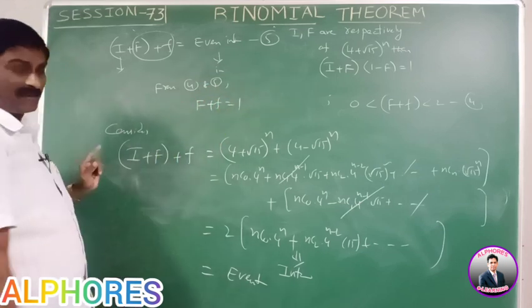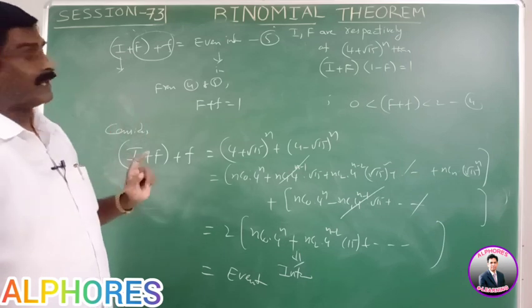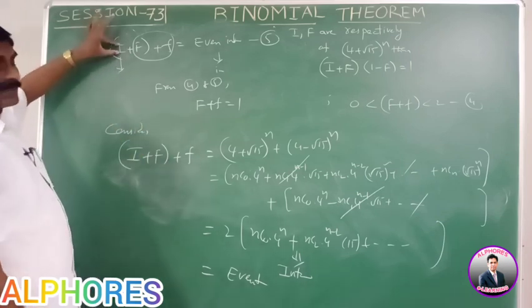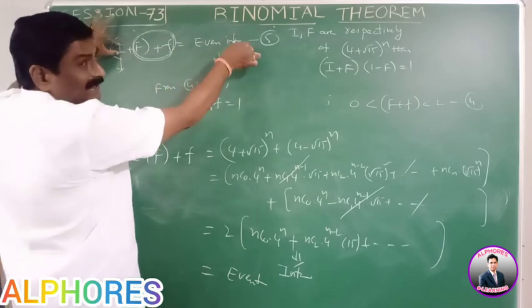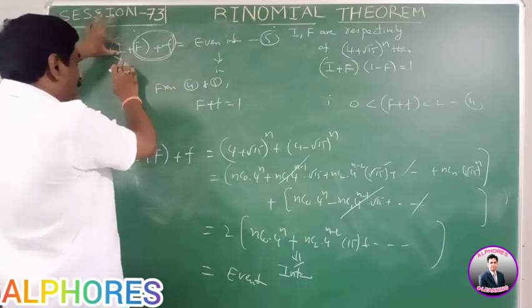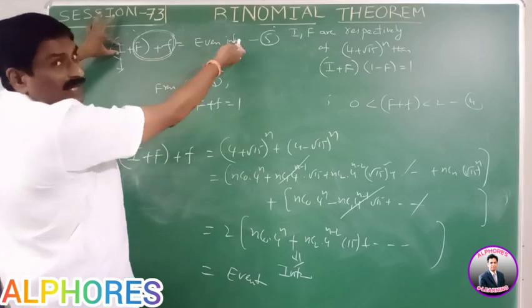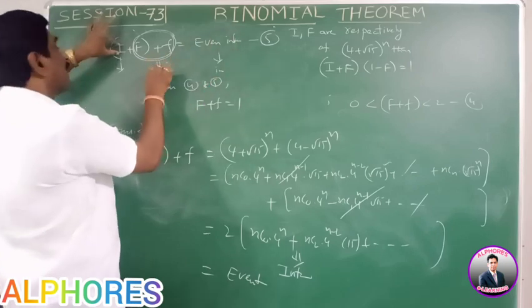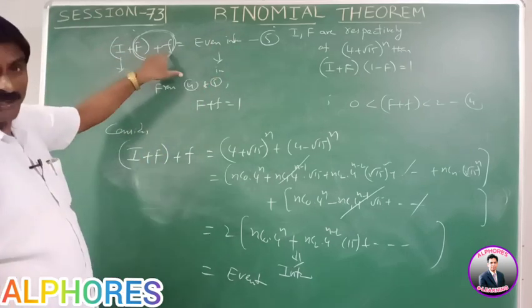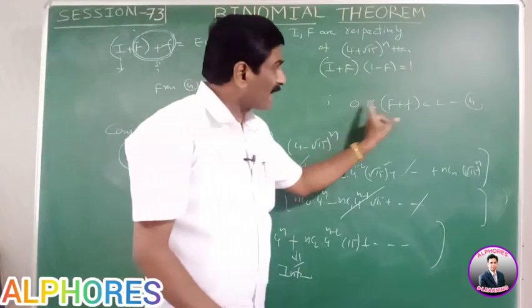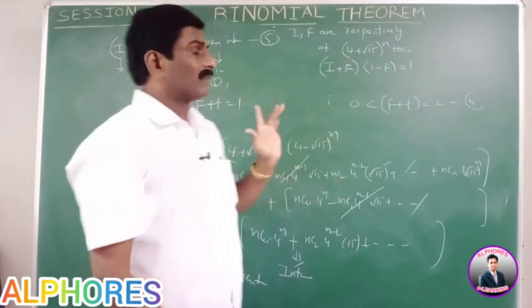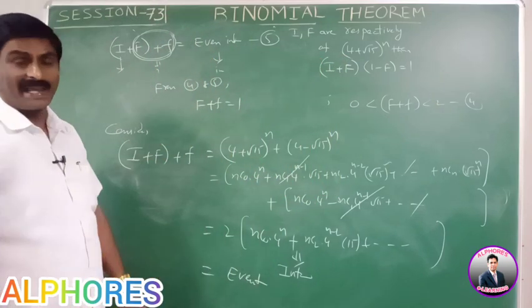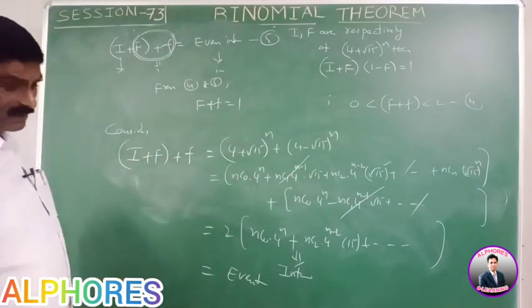Very, very important. Please observe once again. I is the integer. This F plus f is an unknown value. It is always an integer, because integer plus decimal part is not equal to integer. That means this must be an integer value. But F plus f lies in between 0 to 2. What is the integer in between 0 to 2? Only 1. Therefore, F plus f is equal to 1. Any doubt in this value? F plus f is equal to 1.